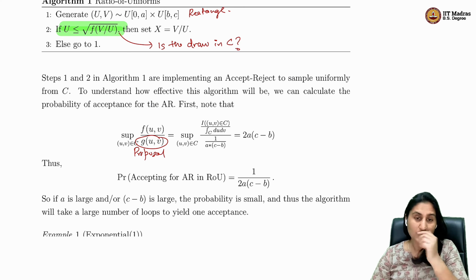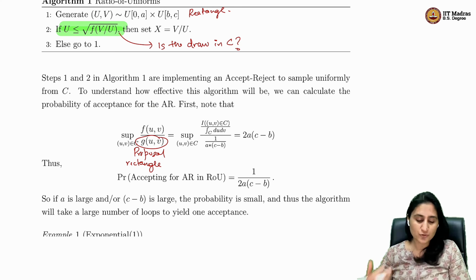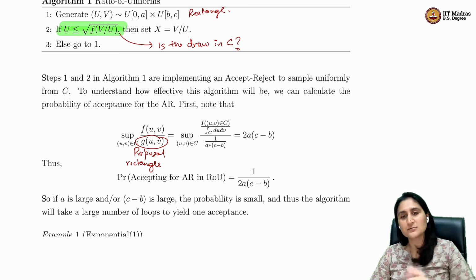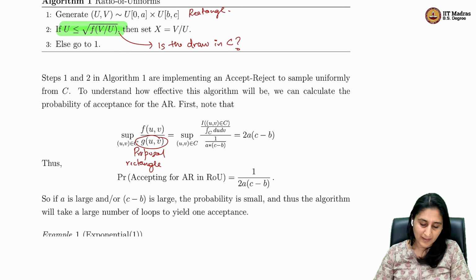Now this g is the uniform distribution over the rectangle in this case, and my target distribution is the uniform distribution over the set C. So that's the target here, and the proposal is the uniform distribution over the rectangle. But the uniform distribution over the rectangle, g of U, V, is nothing but 1 over the area of the rectangle